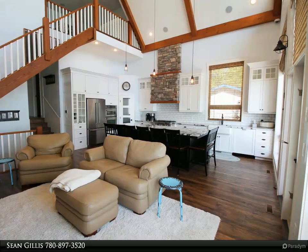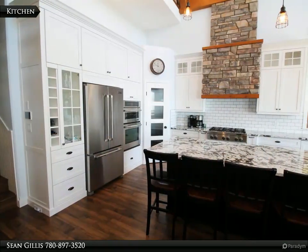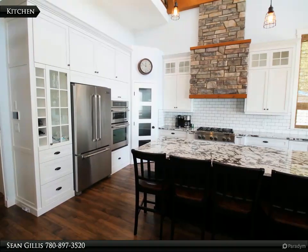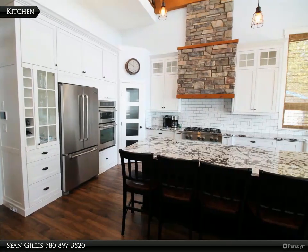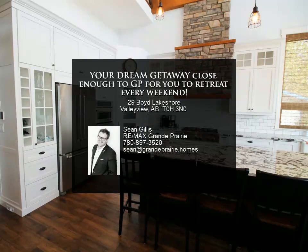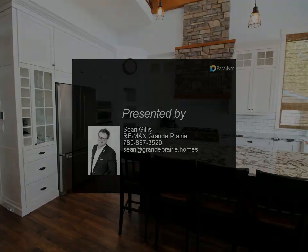Beautiful granite and cabinetry in the kitchen complements the top-of-the-line JennAire appliances, countertop gas 5-burner, built-in oven, built-in microwave, large fridge and freezer, garbage compactor, dishwasher, and 2-drawer fridge in the Eat At island. Central air will help keep you cool after a long day on the lake. Upstairs you will find the